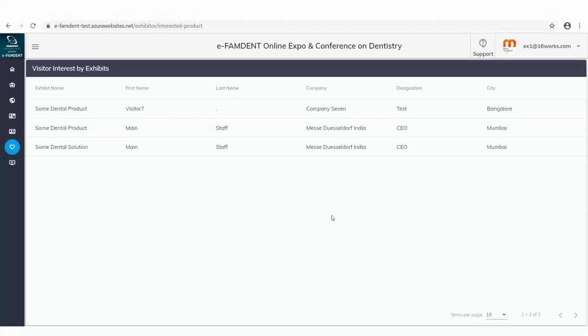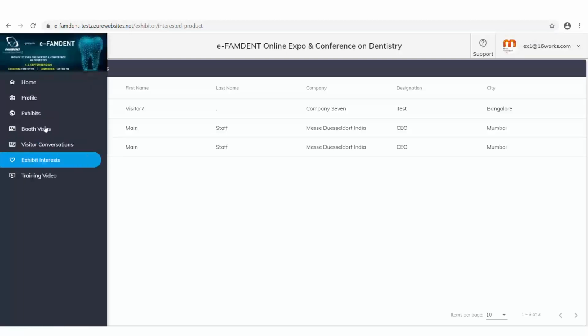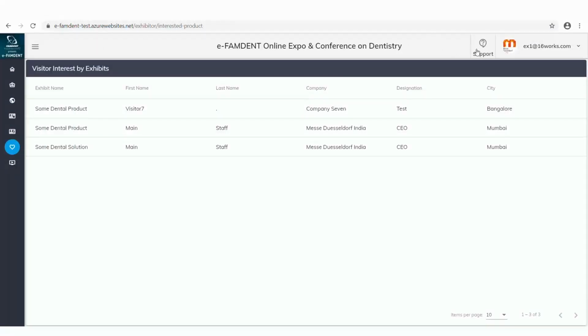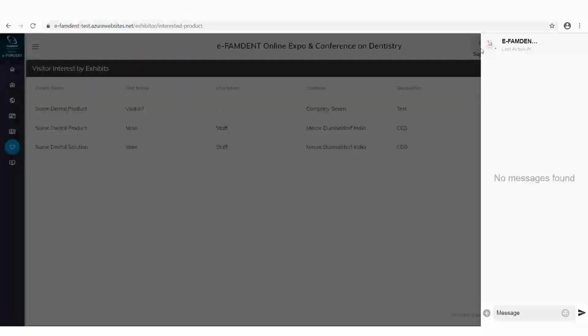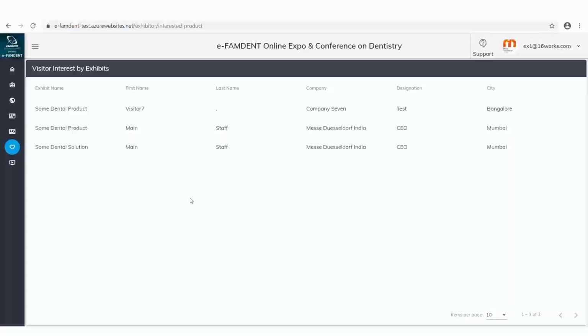when you log in over the next few days, and you can check how booth staff will work and how the booth staff information can be accessed. You will also have something called Support. This is for any specific queries about accessing or entering anything which you are not able to do. You can put in your message to us and we will reply back to you here, giving you answers to any of your questions.